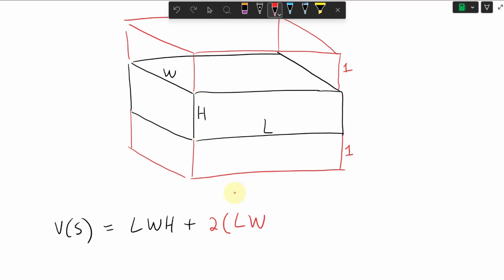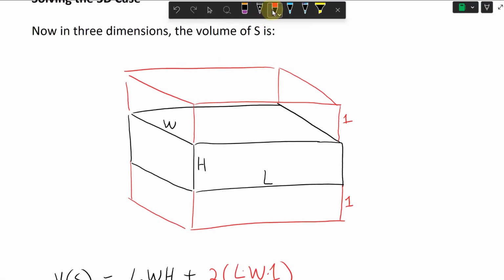LW and then 1. Let's put the dot like that, just for the 1, and I'll keep it there, because we usually don't write numbers and letters together unless there's a multiplication there. Anyway, so LW is L times W times 1, and now the next one we're going to draw